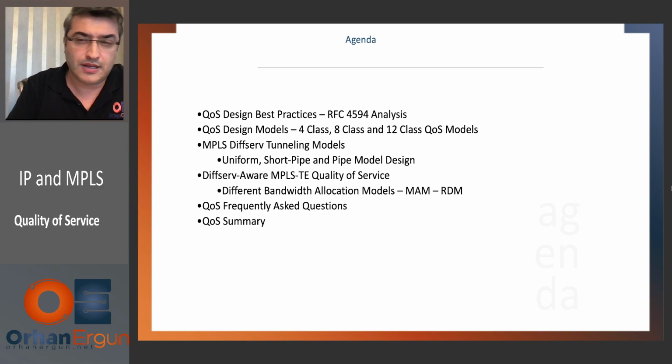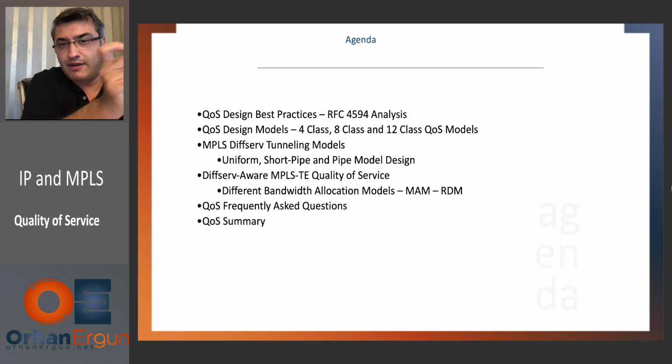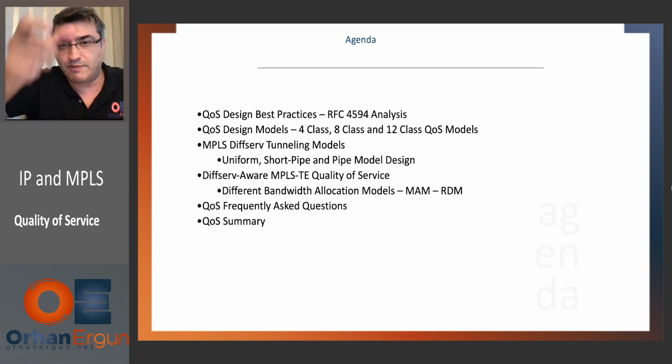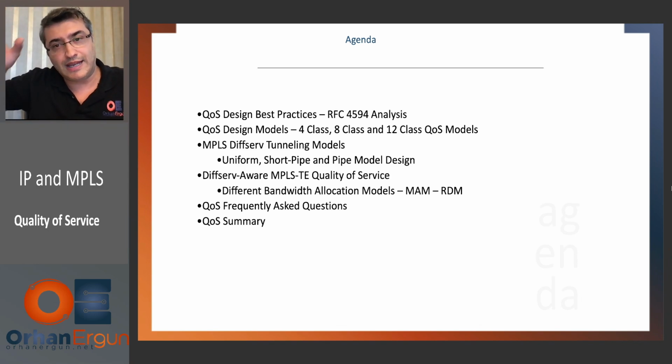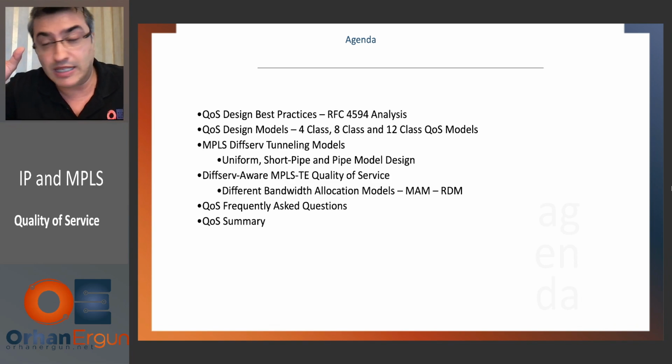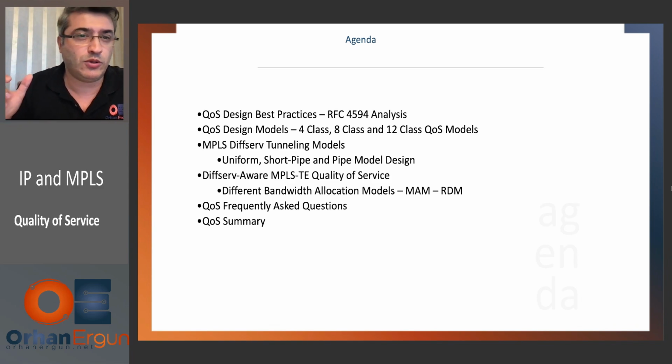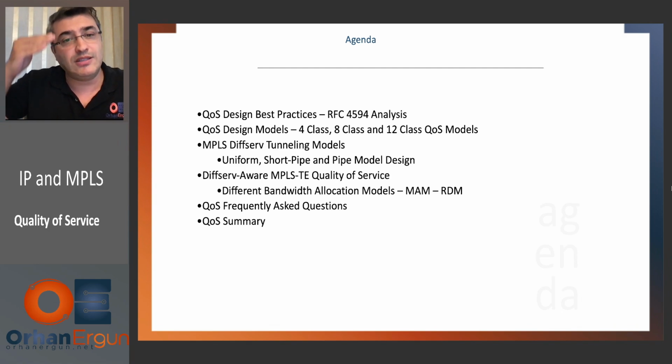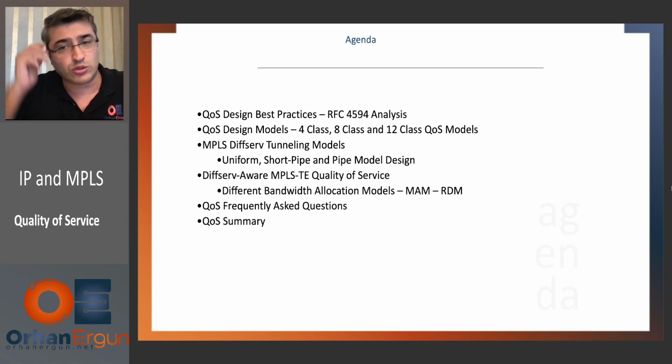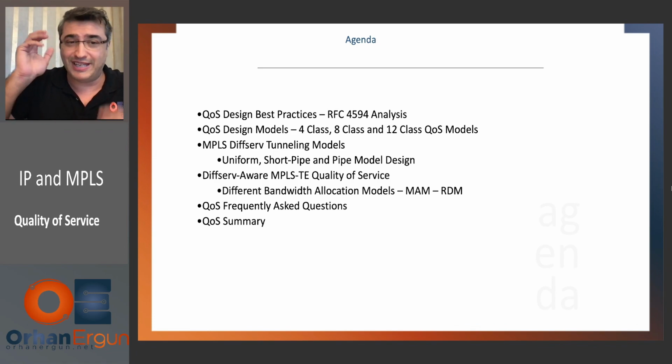We analyzed it, right? We looked at what the application type would be, and what the application class is first, and then what the PHB value is, what the queuing should be, and admission control, whether we should deploy it or not. We looked at those. We did 12 of those classes, if you remember. There was voice, multiple video, multiple data, network control, call signaling, management, sorry, scavenger, and